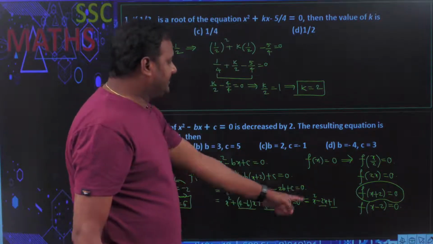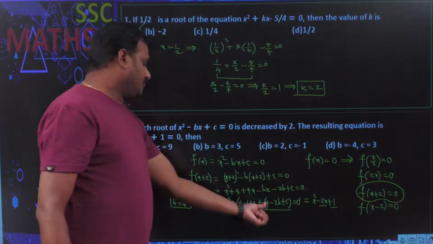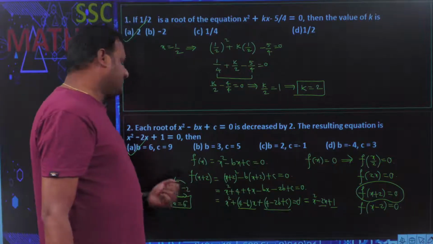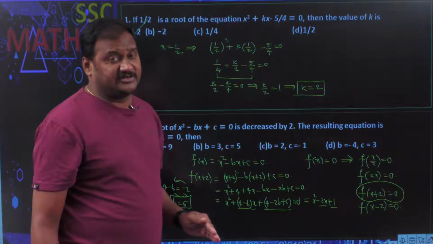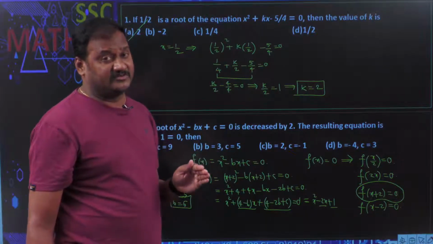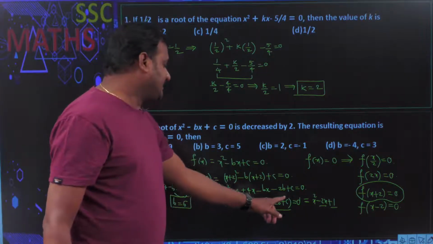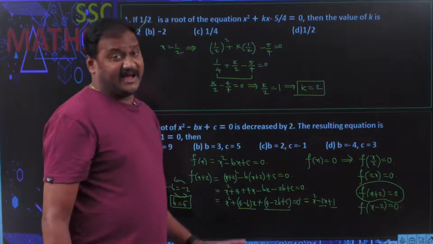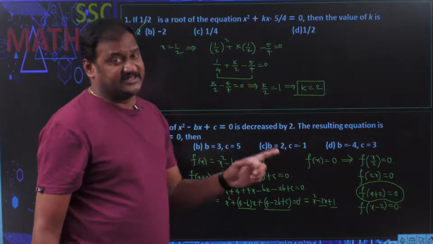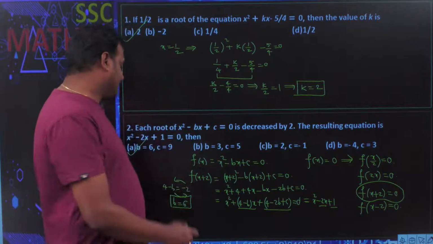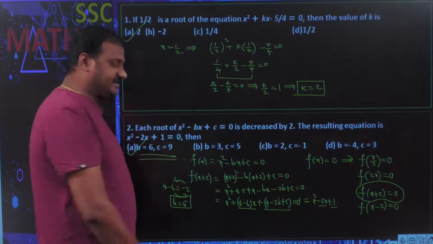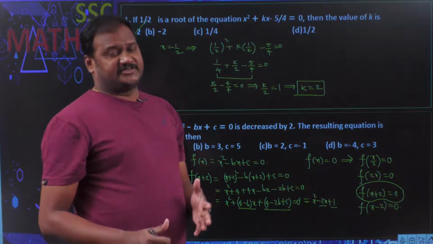4 minus 2b plus c is equal to 1. 4 minus 2 into b, where b is equal to 6. So 2 sixes are 12. 4 minus 12 is equal to minus 8. So minus 8 plus c is equal to 1. C is equal to 1 minus 8, which will become plus 8. 1 plus 8 is equal to 9. Therefore, c is equal to 9. You understand? So, any which way you will get the result.